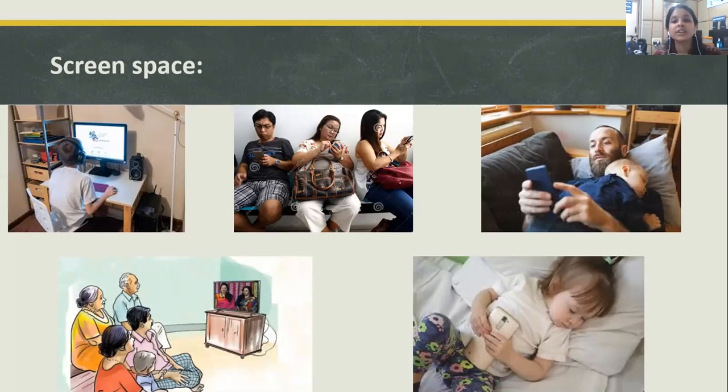Even co-viewing is one more factor. Co-viewing meaning when the entire family or the parents sit and watch along with the child. So this is one circumstance where they can actually sit and talk to the child and stimulate the child with language skills. But here also you can see that most often they engage in watching their own episodes.